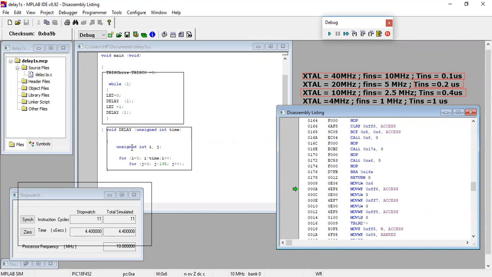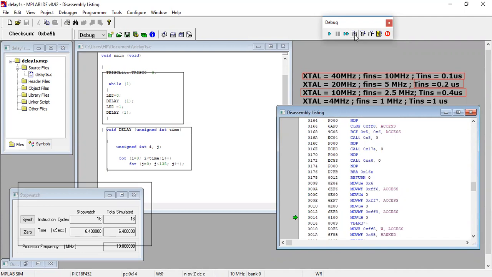So when our cursor reaches this delay, we will stop and make this time equal to 0 and then start counting the instructions. The amount of time for which the cursor remains in this delay profile will be the time duration that this delay produces, right? So let's run this code line by line.